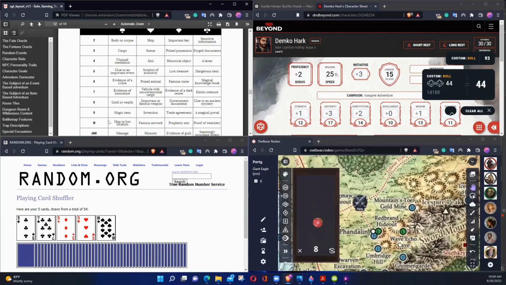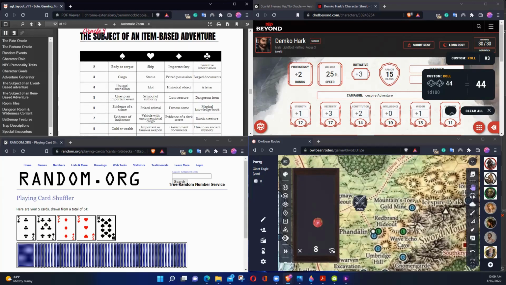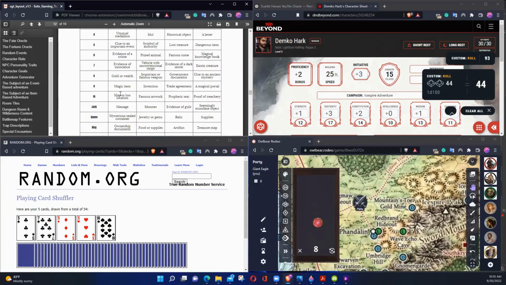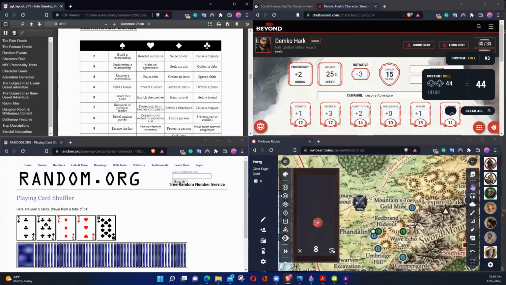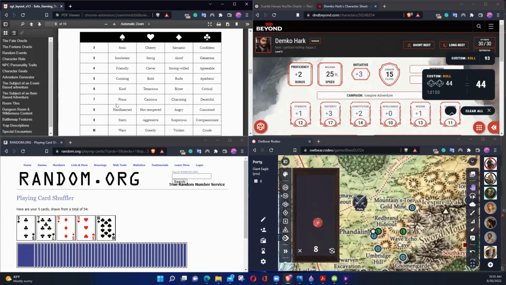And then let's say this one, the 10 of spades. So map to a location. Okay, yeah, I can incorporate that if I need, and maybe I use that later or now. So in this case, if everyone remembers, I have a group of four, and for instance, my rogue